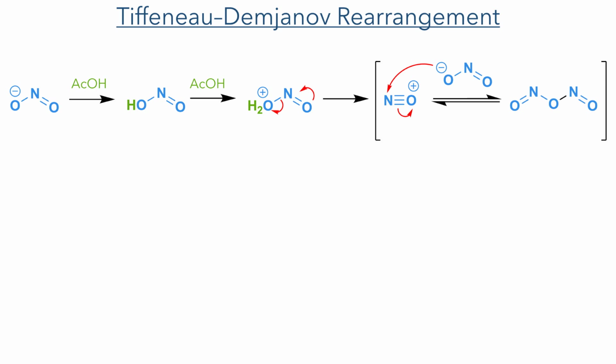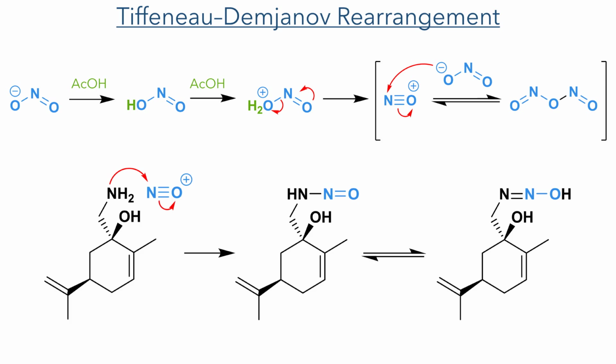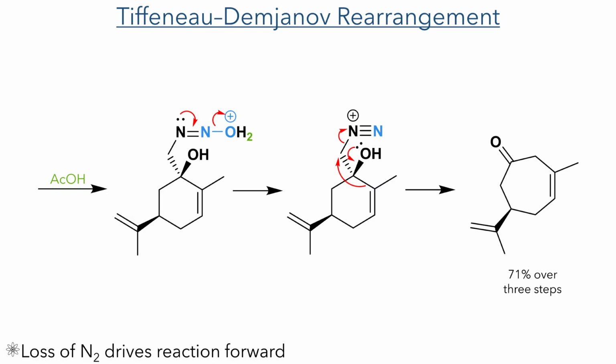Sodium nitrite is first reacted with acetic acid, which protonates it twice to form a hydroxonium that is eliminated as water. The resulting NO species then undergoes diazotization with the amine and is further protonated by acetic acid to generate the N2 group, which is expelled together with the migration of a carbon-carbon bond to complete the ring expansion and form the seven-membered ring, in addition to the oxidation of the hydroxyl group to a ketone. This reaction is driven forward by the loss of nitrogen gas, and overall, the product was synthesized in a 71%